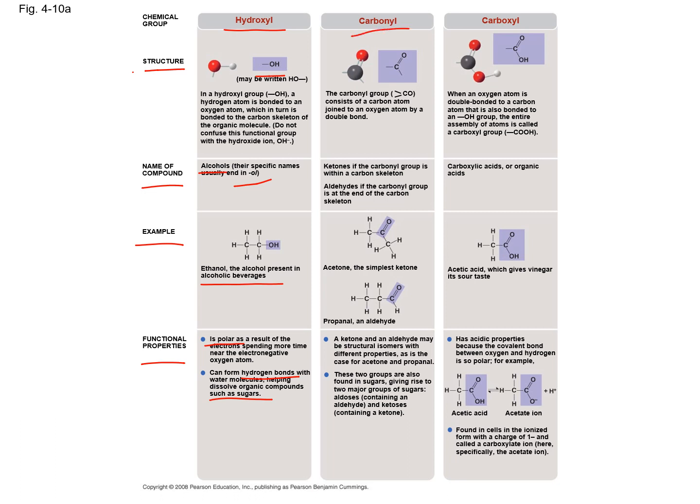A carbonyl group is a carbon double covalently bonded to an oxygen, and then it binds to a hydrocarbon skeleton on each other side. And there are 2 types of these, the ketones and the aldehydes, and it depends where you find the carbonyl group. If it's in the middle of the molecule, it's a ketone. If it's at the end of a molecule, it's an aldehyde. And these are important in terms of isomers, which I'll talk about in a minute, but you often find these